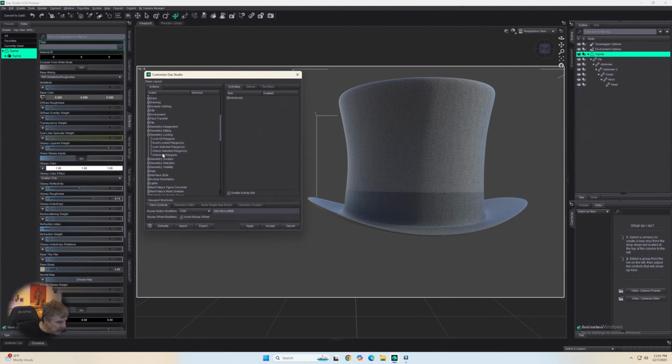All right, locked selected, unlocked selected polygons. In here, there are some other ones that are really kind of very good too. Save, there's all your save stuff if you ever want to put it back in. Edit, strand-based hair editor,